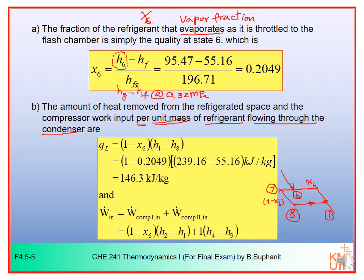So the flow rate of the refrigerant flowing through the evaporator would be 1 minus X6 as well. Only 1 minus X6, right? So the heat removal in the refrigerator space per unit mass of the refrigerant flowing through the condenser, which is the total flow, you have to multiply H1 minus H8 with the fraction here,